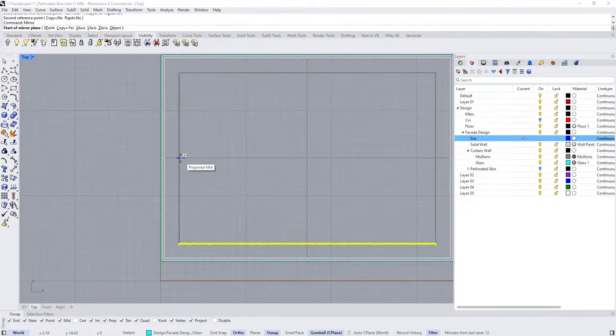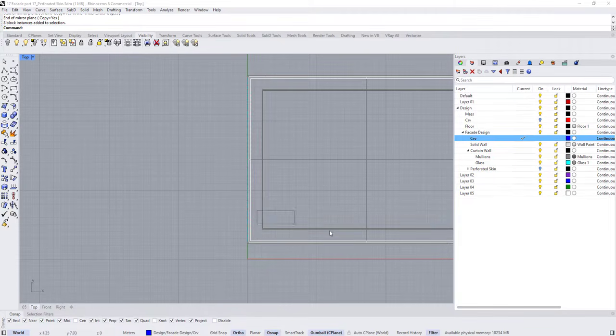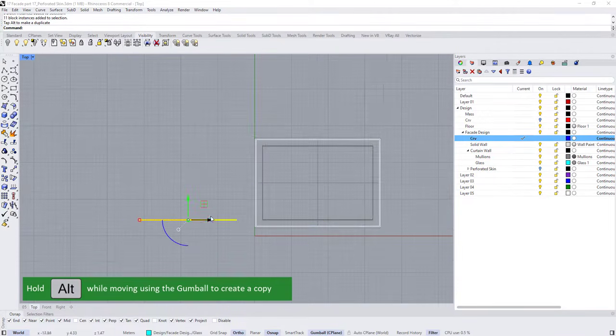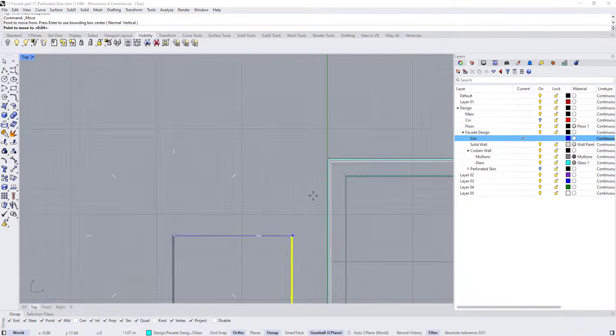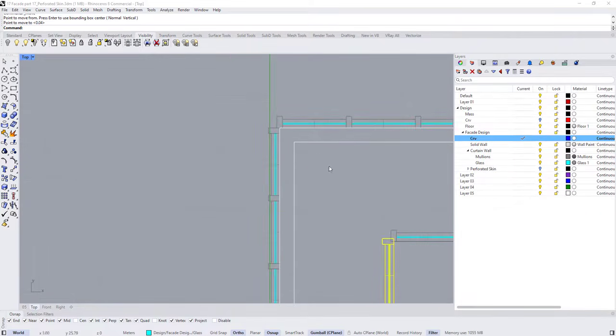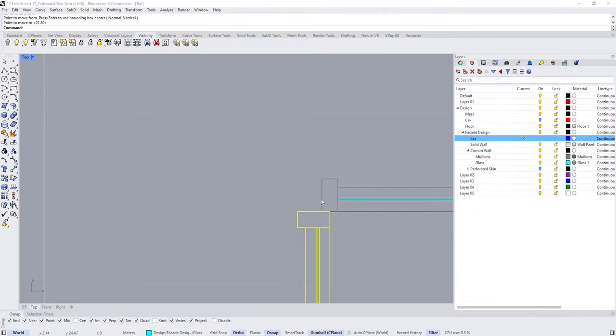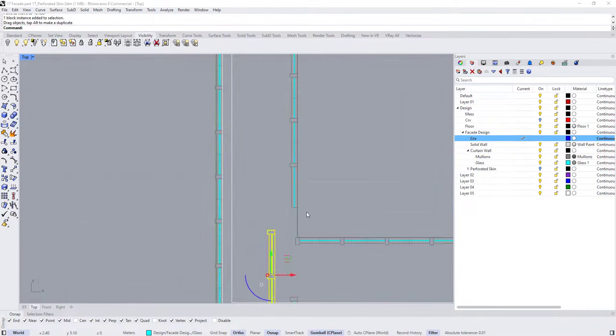Now type mirror, snap to the midpoint, hit the copy here. Now select a few blocks, maybe like this, hold Alt, hit the copy, rotate it, use move, snap to the midpoint. Let's place it something like this. Maybe just place it something like this. Delete the extra